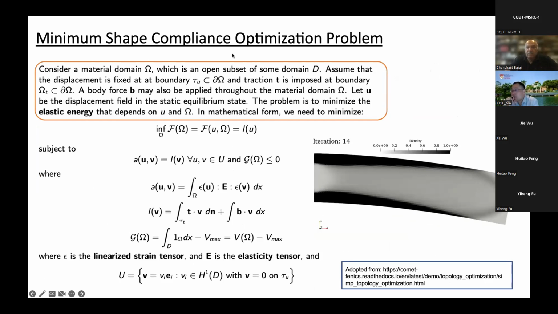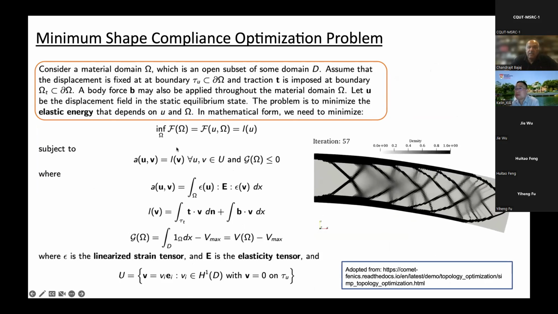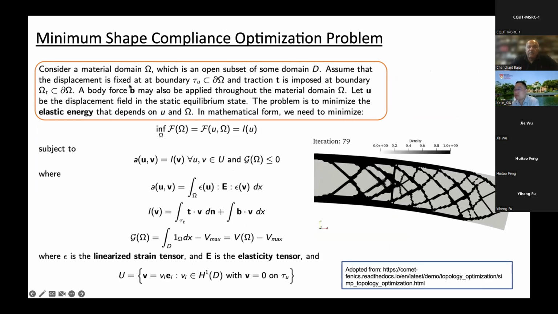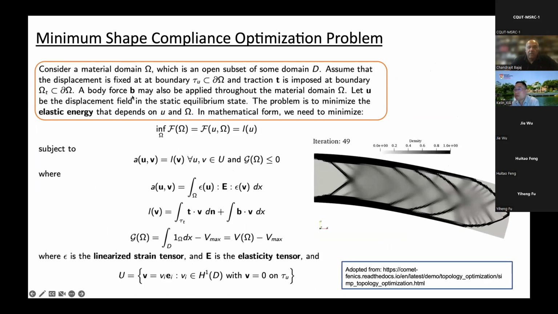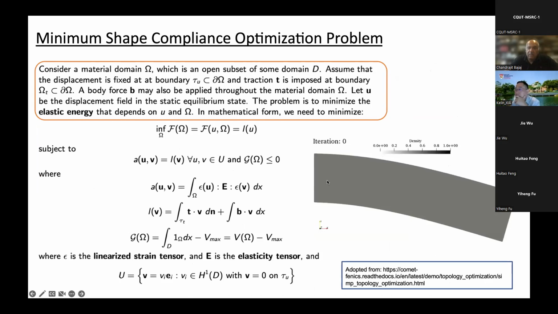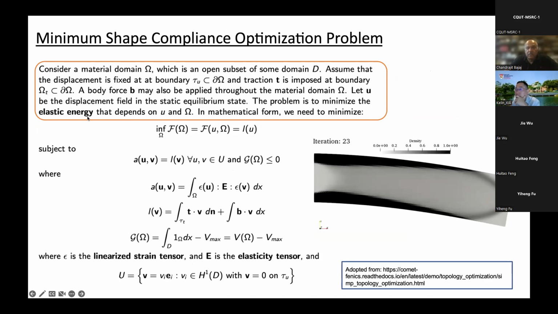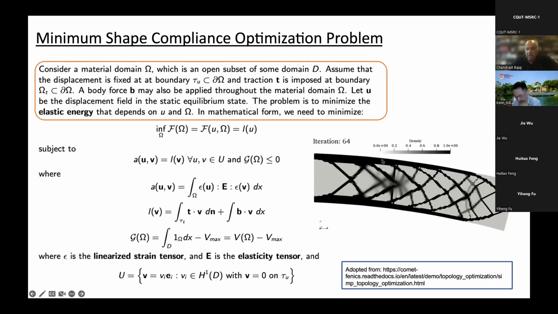What about the minimum shape compliance optimization problem? This is much more complicated. It's saying, I give you a material domain omega, and there are various loads and body forces. I'm trying to find the shape which minimizes some functional called the elastic energy that depends on both the domain omega and, of course, u, which is the